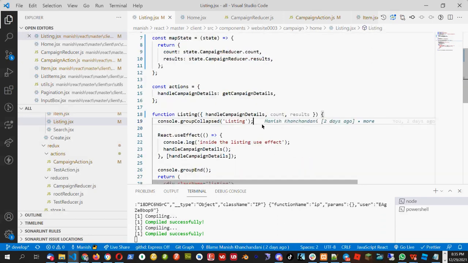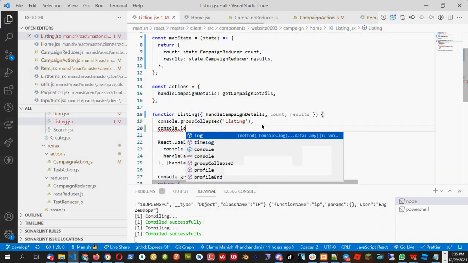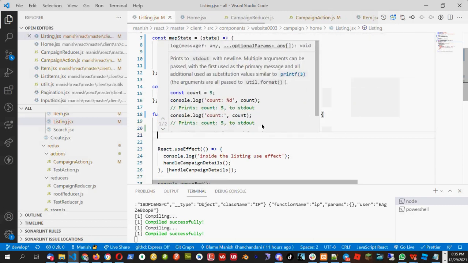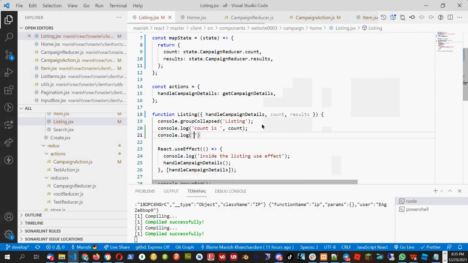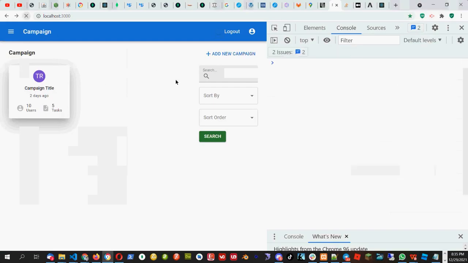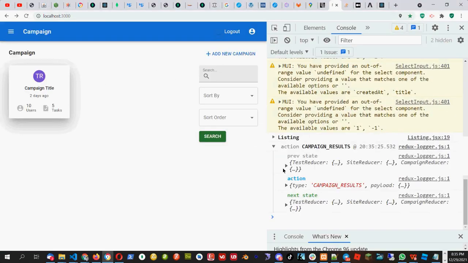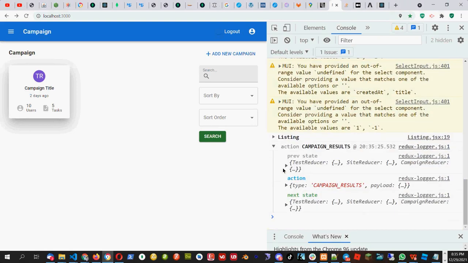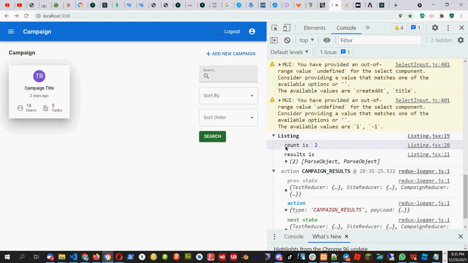So if I try to do console.log here, count is count, results is results. If I do results here, so you will see count is coming 2 and the results is coming, all the array information is coming here.